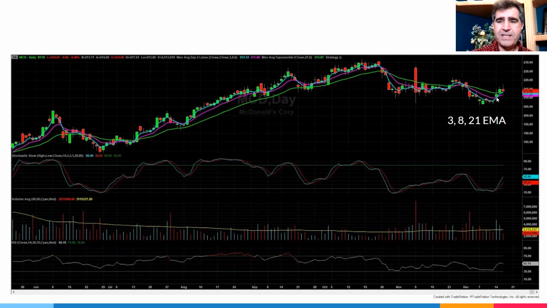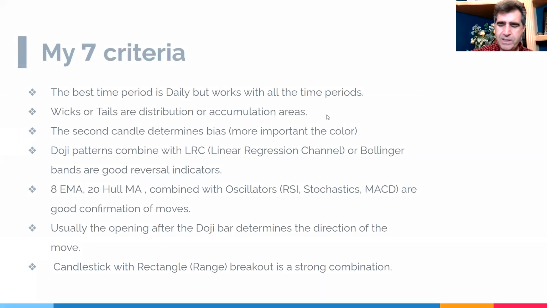All of these indicate that this inverted hammer by itself doesn't mean anything right now. We need the confirmation, so tomorrow we'll revisit this and see if the movement will go up and continue the strength with the moving averages, or if it's going to be a reversal. Once we break below the 3, the 8 and 3 are very close to each other, usually then it will continue. The stochastics and RSI are kind of neutral right now. Okay, so let me review